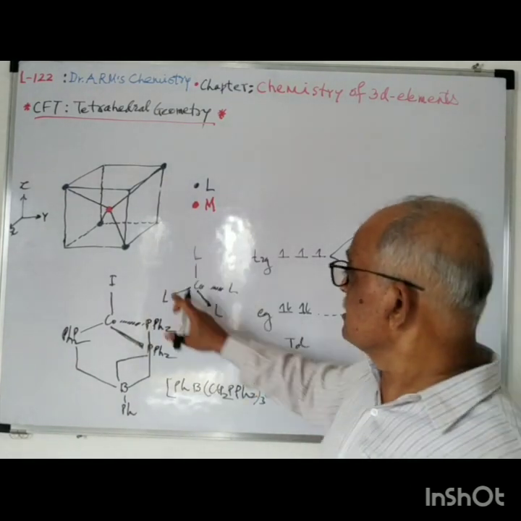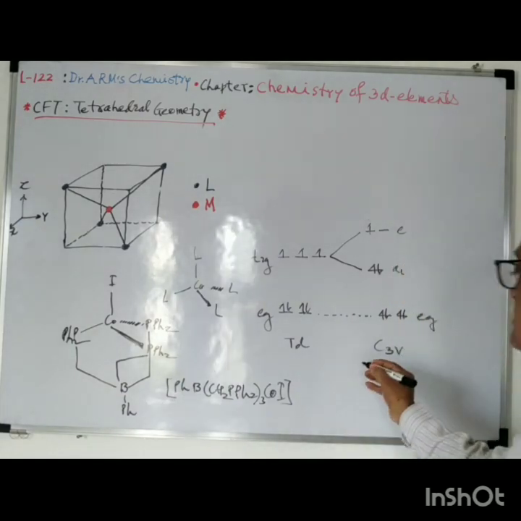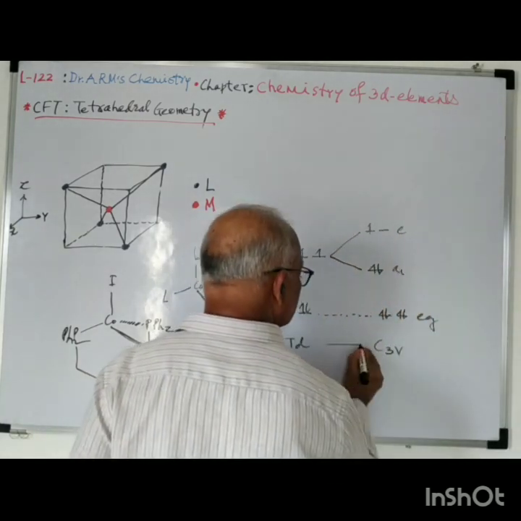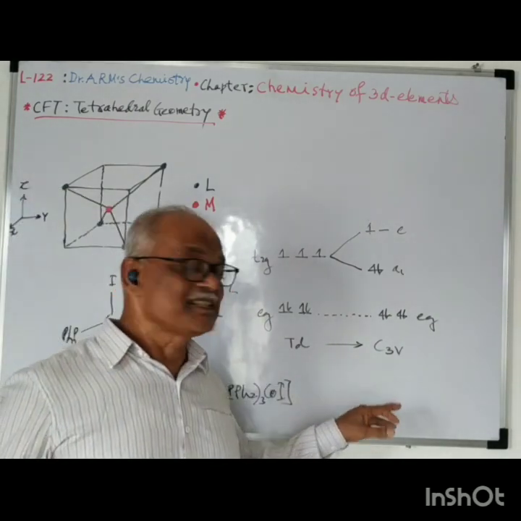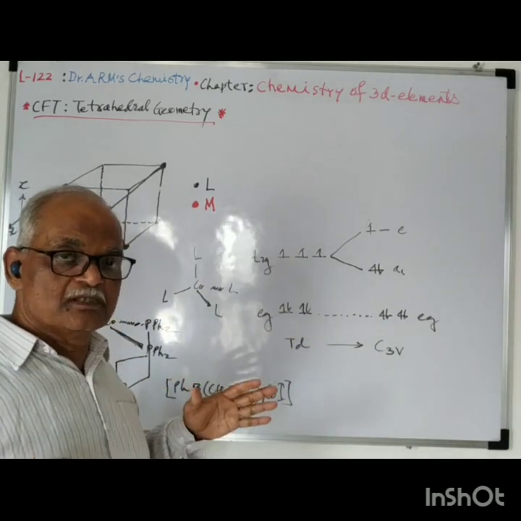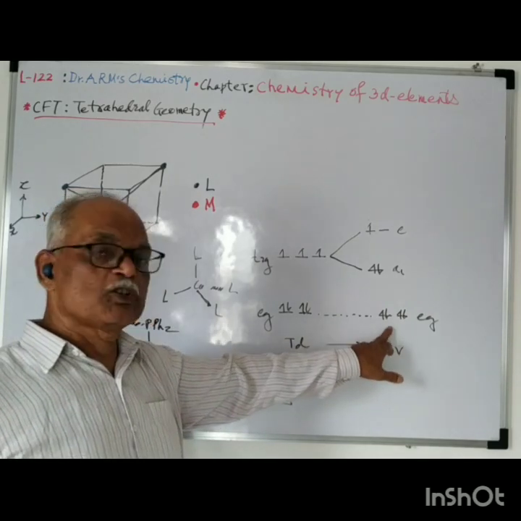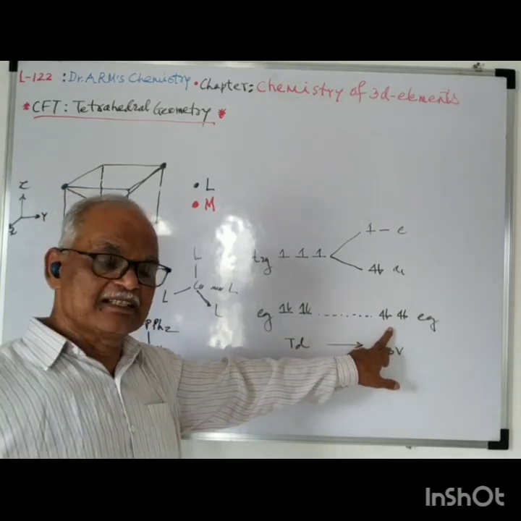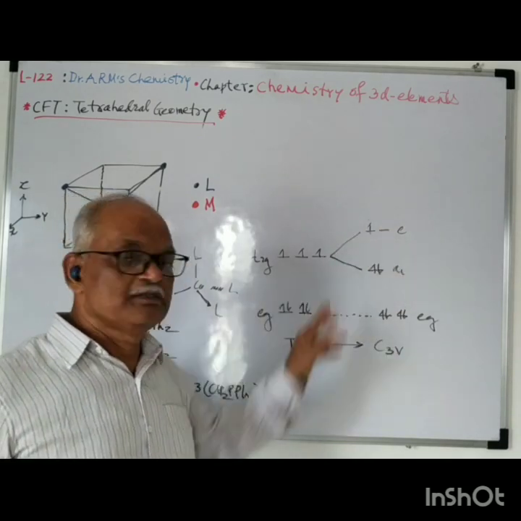So this structure has C3v geometry, meaning the tetrahedral system undergoes change from tetrahedral to C3v. This is a relatively higher energy structure, and in order to attain greater stability, the system undergoes change in this way